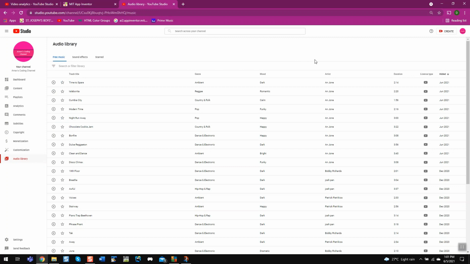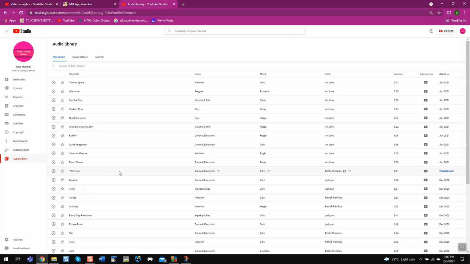After that, Control F, and here you need to type 19th floor. See, here it is. You can choose any song you want, but let it be less than 5 MB. It cannot even be 5 MB, it must be less than 5 MB, even 4.9. Below 5 MB, any song you can take, hundreds of them, but it should be less than 5 MB.